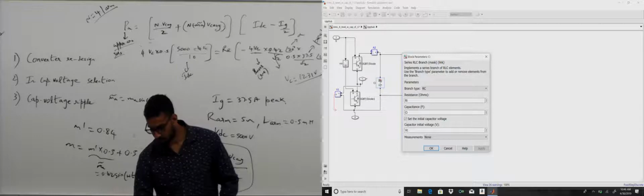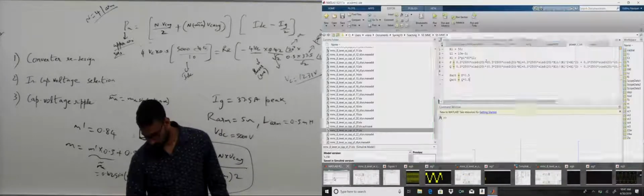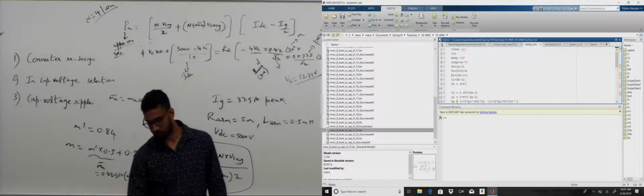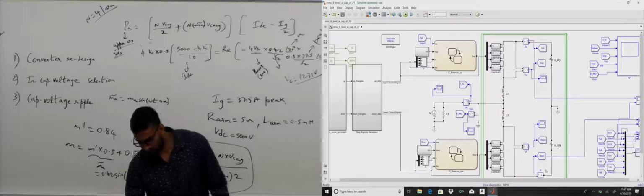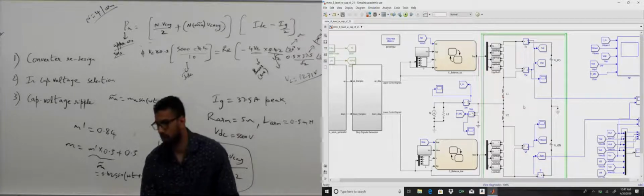Do you know where Ri, Ci and Vc are? It's in this model here. Init files. Init files have Ri, Ci and other parameters. Okay. And then the next thing that you need to do is for the first question,